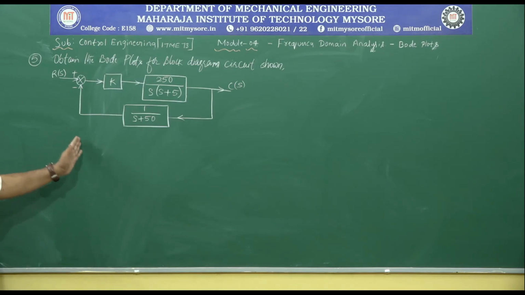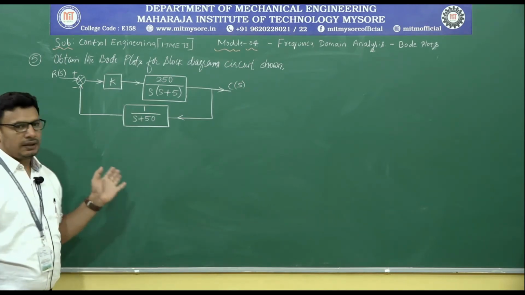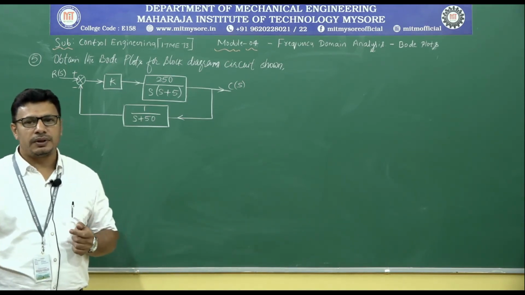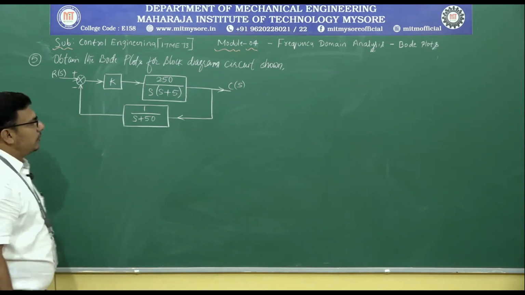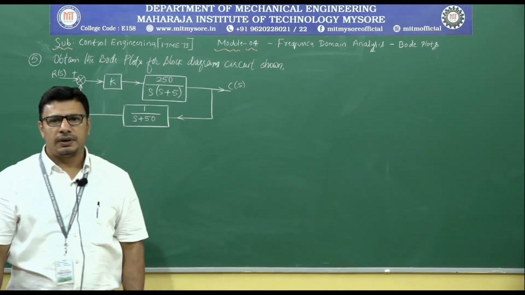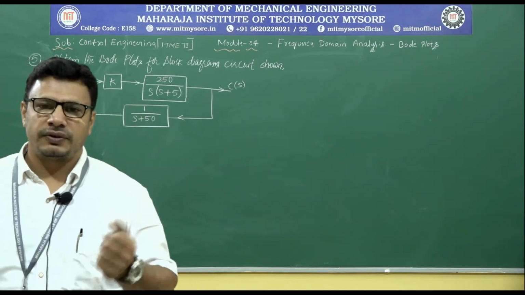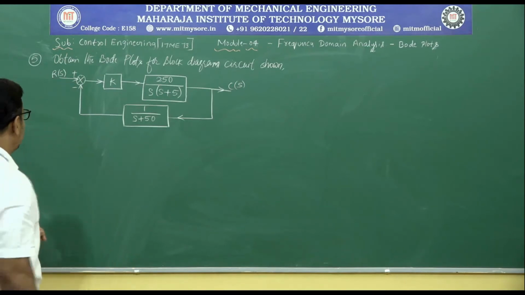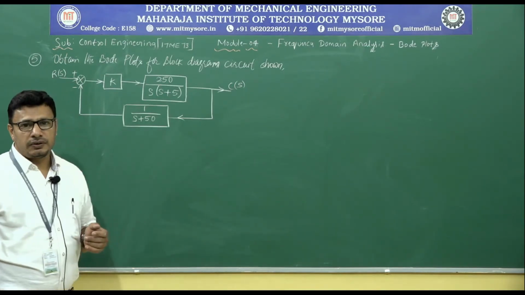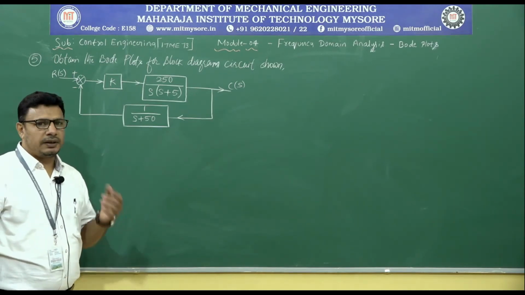So the problem given is a block diagram circuit, and we need to find the solution to draw the Bode attenuation diagrams, or Bode plots. Now, in all the previous problems, the open loop transfer function was directly given to us in terms of G(s), H(s). Whereas in this problem, the block diagram circuit is given.